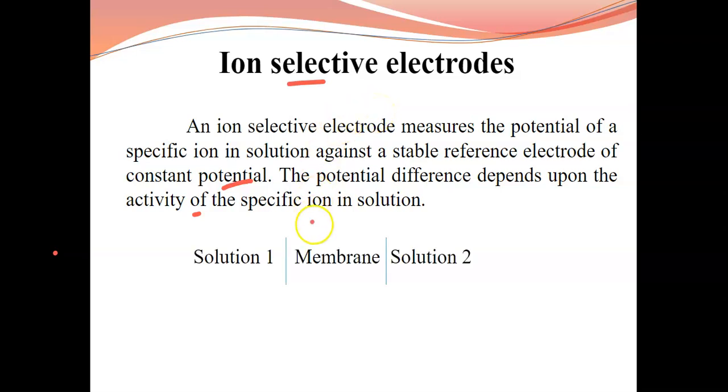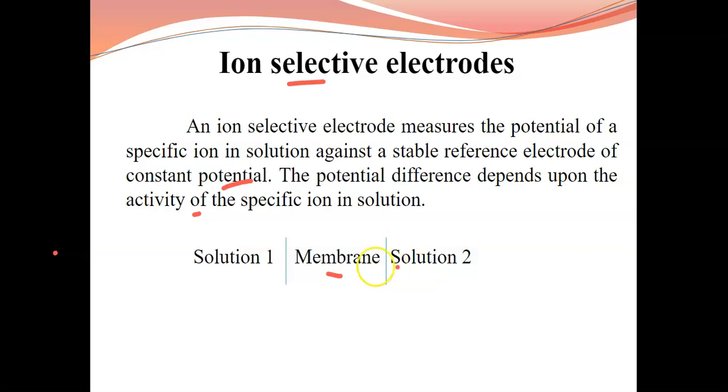In an ion selective electrode, the main thing is that these solutions of ions are separated by a membrane. Taking the example of the glass electrode again, there was a glass membrane which was separating two solutions of H+ ion. Solution 1 was present inside the glass electrode, with a constant concentration, and the second solution you can also call the test solution or analyte, in which we don't know the concentration